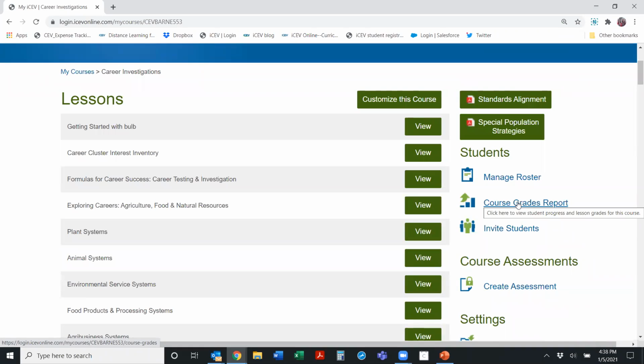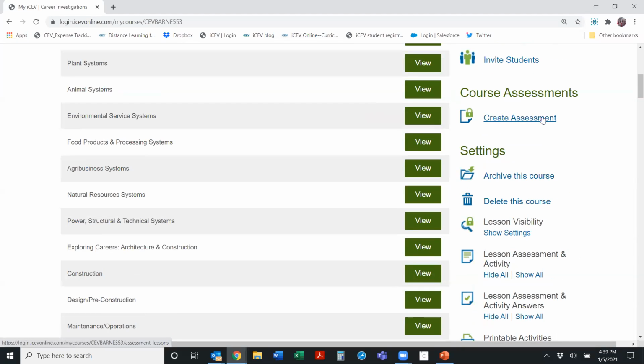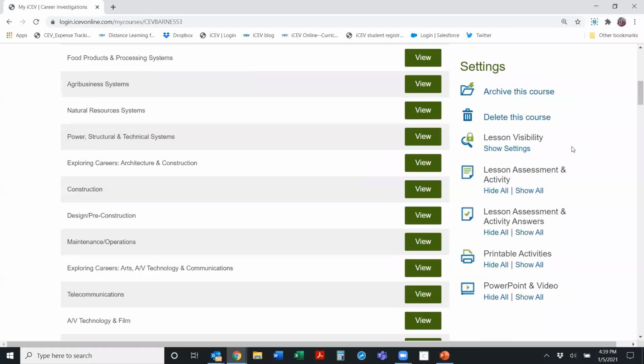It's not quite as large as this course grades report. That one is huge. There's also a way to see all the instructions that you would send to your students in your LMS in order to get them involved or enrolled in your course. I'm going to go over this create assessment in just a minute, but it's pretty cool and I want to save that till the very end.